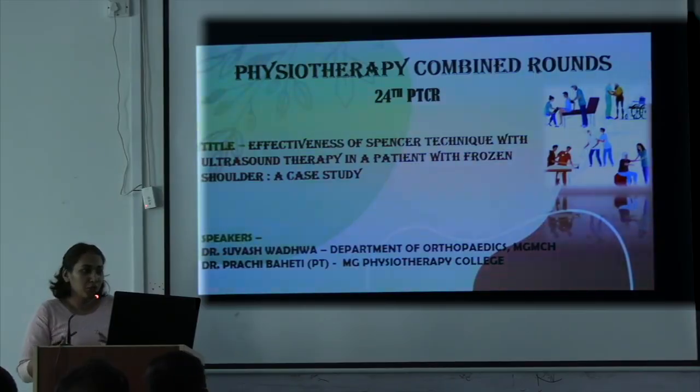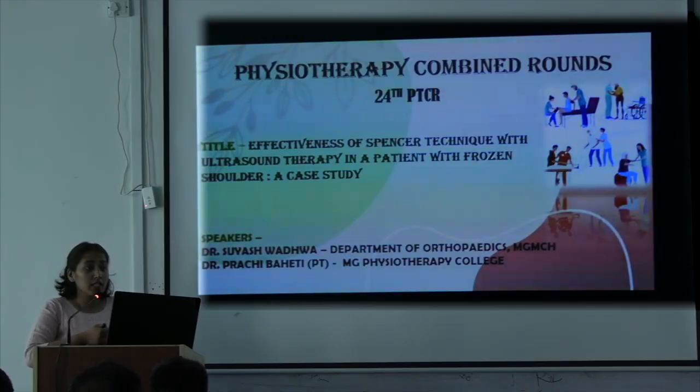I have a general question: should we continue ultrasound therapy till the 4th week, or can we avoid it and stop at the 2nd week, as we are moving through a pain-free range and the pain is minimal? Is it necessary, as the students should know, to use ultrasound therapy till the 4th week, or can we avoid electrotherapy with TENS and ultrasound at an early stage of 2 weeks or so?